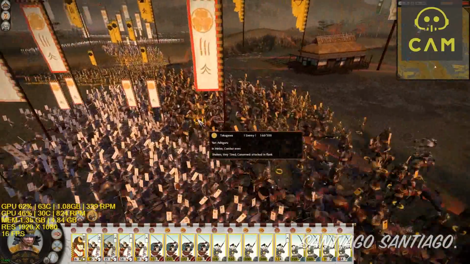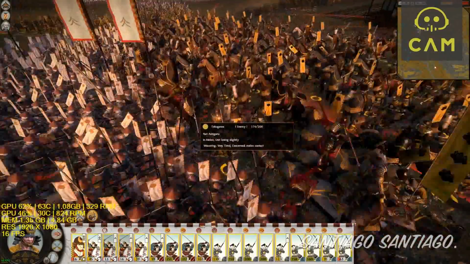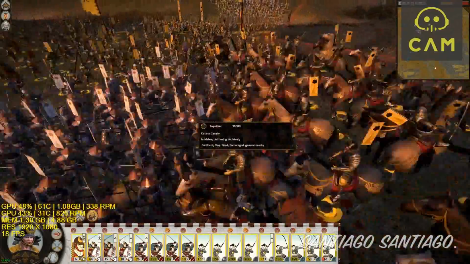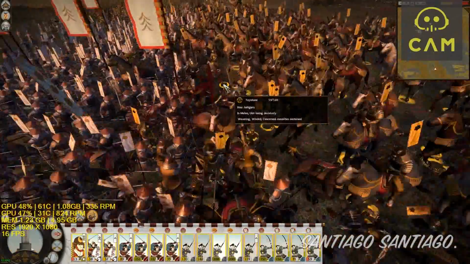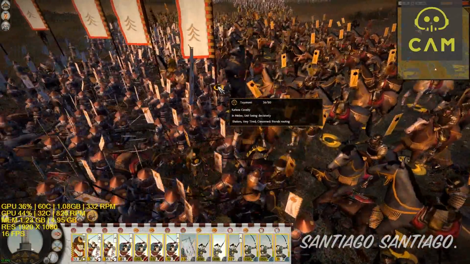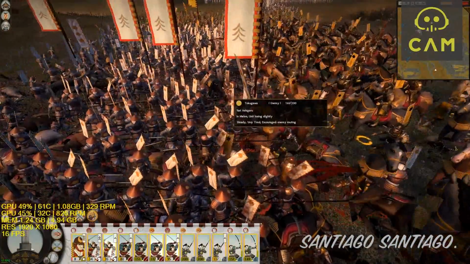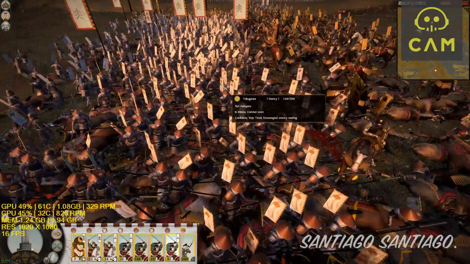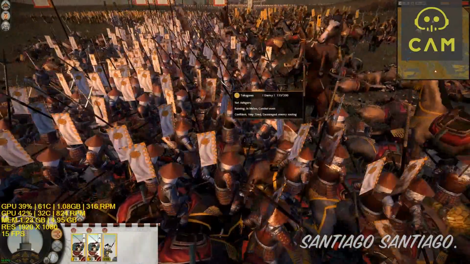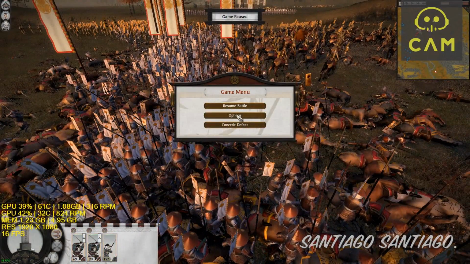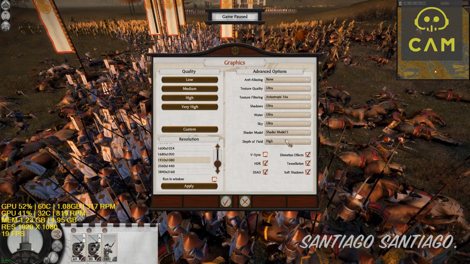But as you can see here, this is mostly due to the CPU and optimization. I tried it with an i7 before and it wasn't much of a difference. It was a bit better. It didn't drop below 25 FPS. But as you can see, the issue mostly is that. There's a lot of stuff happening at once. So if we turn this off,